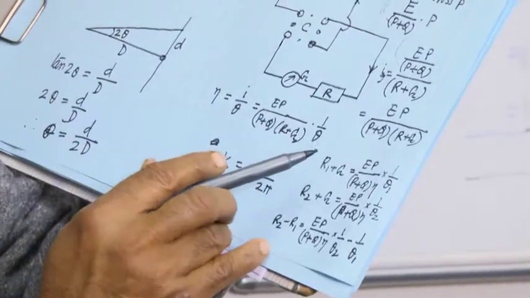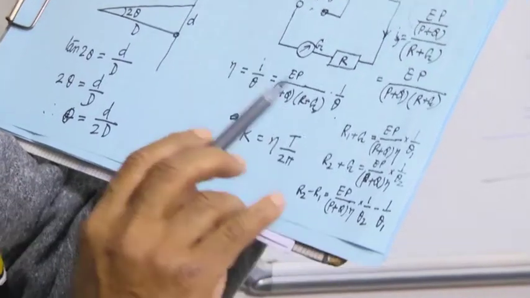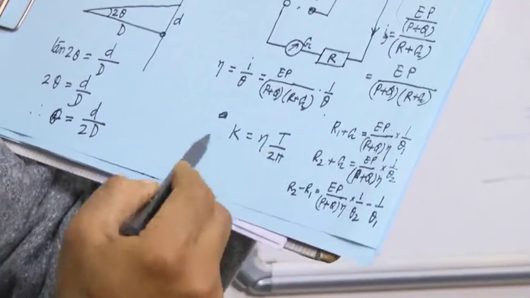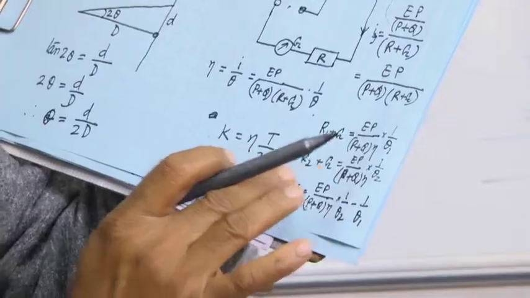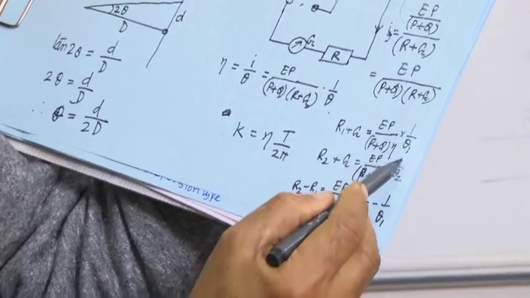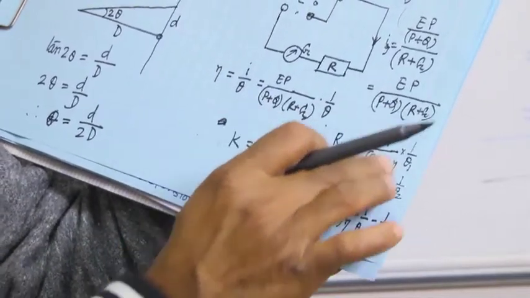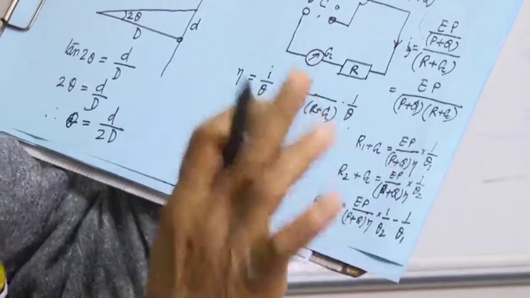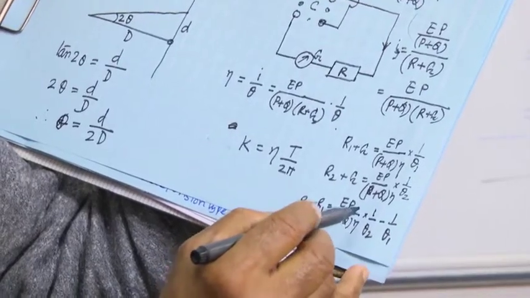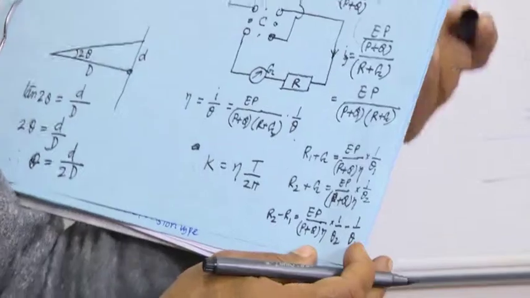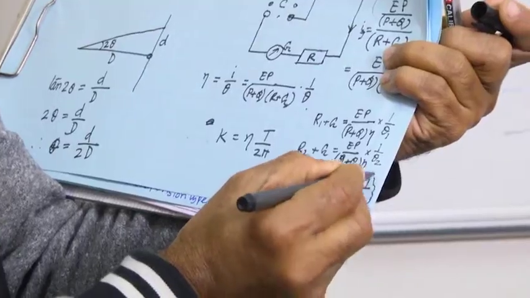So that's why for a particular value of R, that is R1, for deflection I will get theta 1. For another value of R, that is R2 plus G, I will get deflection theta 2. So this is 1 by theta 2, right. If you just take the difference between these two, R2 minus R1, G will go. So I will get EP by P plus Q into eta into, I think I have to put a bracket, into this.